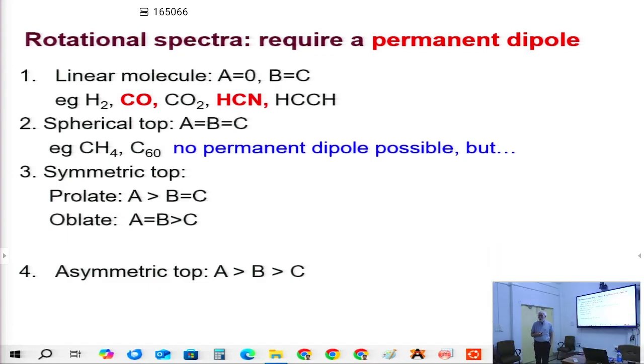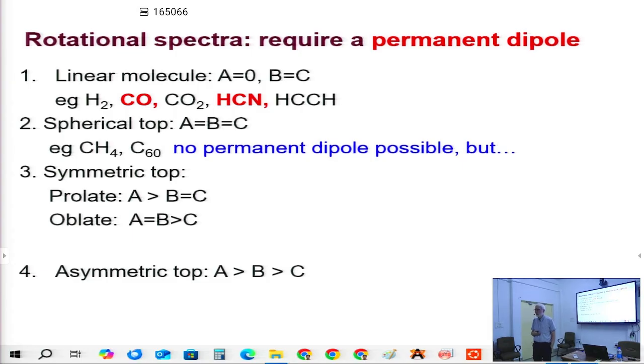Symmetric tops do not have a dipole. It is not possible to design a symmetric top and have a dipole. A dipole means some unique direction, and we've already discussed that symmetric tops are like footballs, they're completely spherical. However,